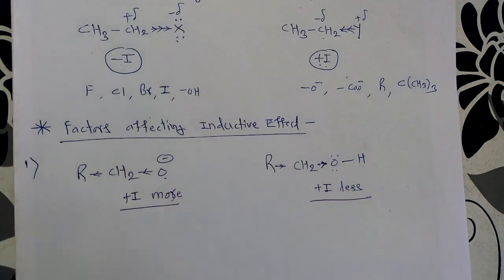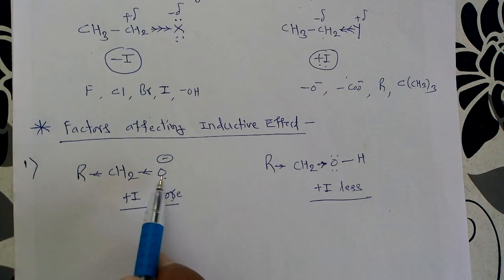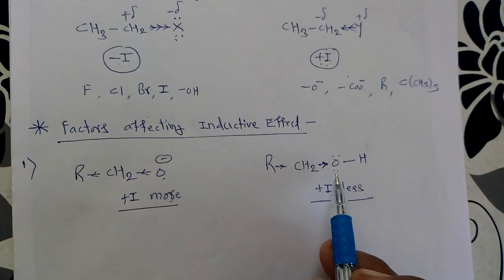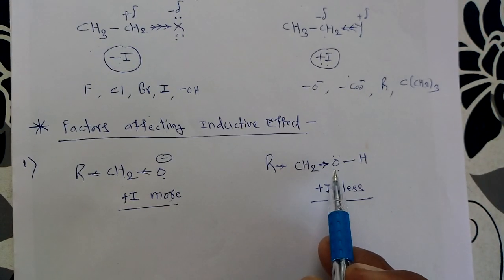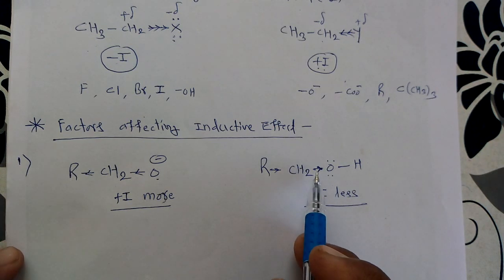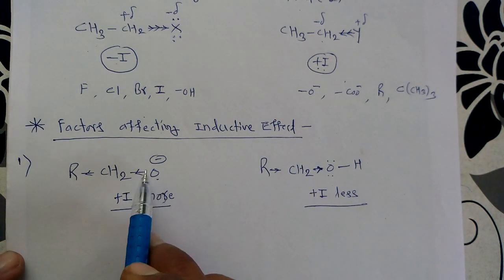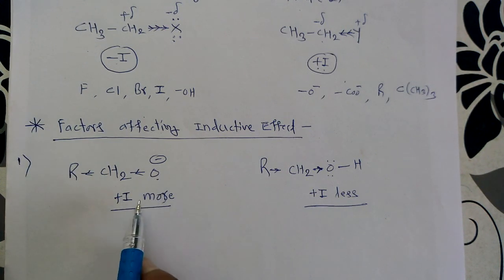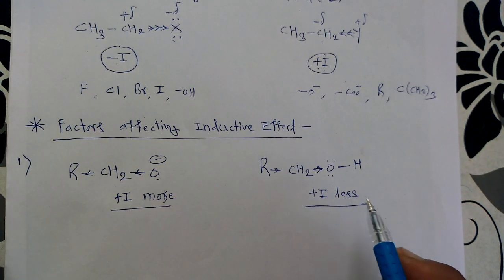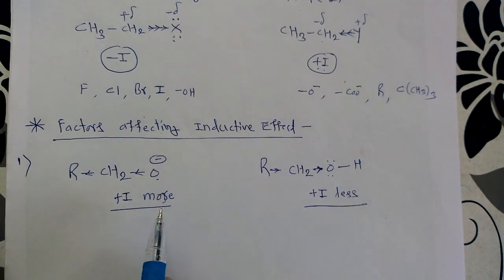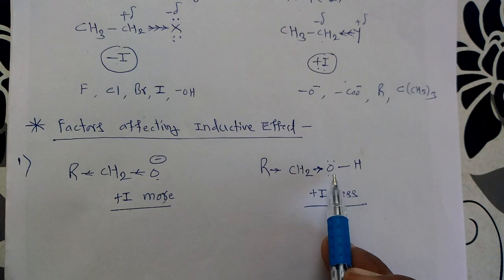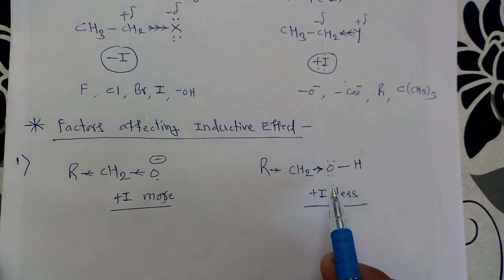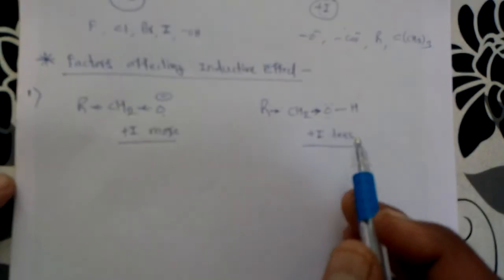And why is this so? This is because in this case a negative charge is there on this atom, and in this case a neutral atom is there. So we can say that this is the first important factor in which the groups which have a negative charge have higher plus I inductive effect than the neutral atom. In this case, there is a negative charge on the atom, so it has more plus I inductive effect as compared to this atom, because this is neutral in nature. Now this is regarding the plus I inductive effect.